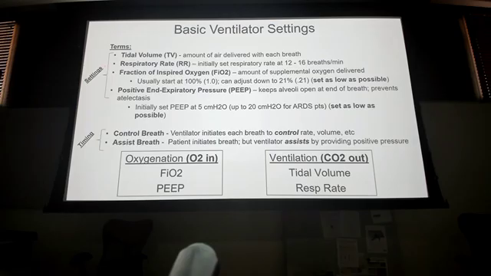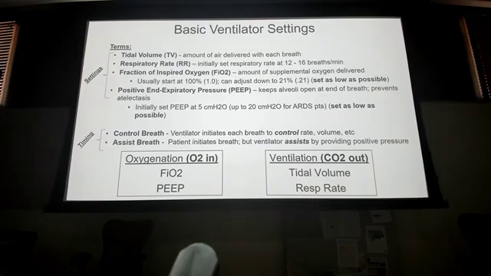Respiratory rate, pretty straightforward, 12 to 16. You can play around with these because these are going to determine what? Tidal volume and rate, how big the breath is, and how quickly I'm breathing. So what's that going to affect? CO2, right? So remember that. Tidal volume and respiratory rate are what's going to dictate your CO2, that's how you're blowing it off. So it's either big breath, small breath, breathing fast, breathing slow.